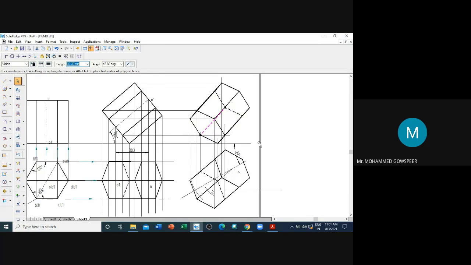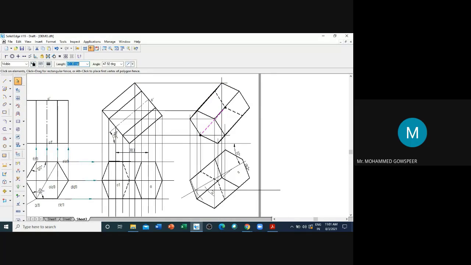Whichever hidden edges are there, you just make them so. If you draw all the lines, vertical and horizontal projectors, you will get confusion in prisms. You have experienced it in the manual method also. That's why first you draw only the base, and here also the base, because whichever is visible, you make it. Then draw one longer edge, then move it. Okay, it will be easy.